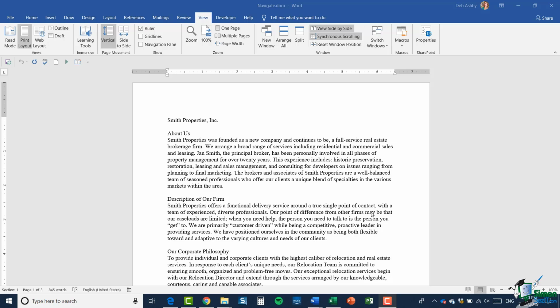In this module, we're going to take a look at how you can navigate around your document. Now, I have open on the screen the navigate.docx document, and this is just a document that's been created about Smith Properties. The first thing I want you to do is cast your eyes down